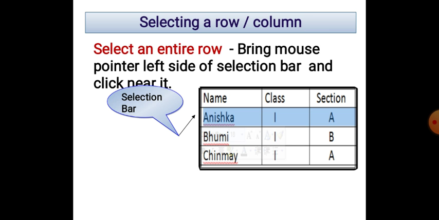First, if we have to select the entire row, as you can see, we have an option. We will go to the left side in the selection bar area and simply click. As you can see, there is an arrow mark. Just take your mouse pointer to this side and click, and the entire row will be selected. You can see in this picture the second row is already selected. So this is the simplest method to select the entire row.